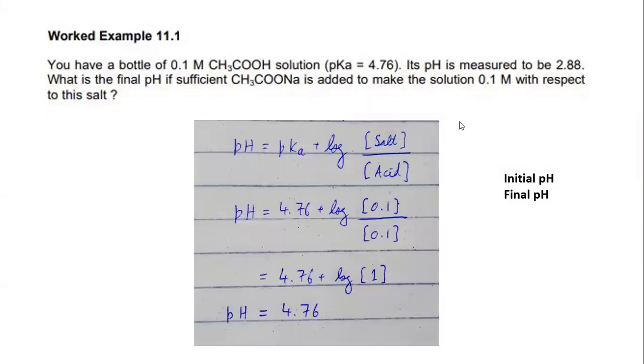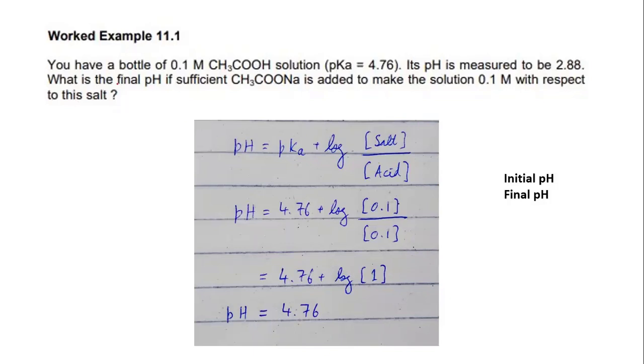अच्छा, अब हम आते हैं अपने फर्स्ट फार्मूला की तरफ। ये हमने पहला फार्मूला किया था, pH is equal to pKa plus log salt by acid. Why acid? Because this is related to acid, CH3COOH. This is acid, I know, but they will, I think, type the word acid or base somewhere